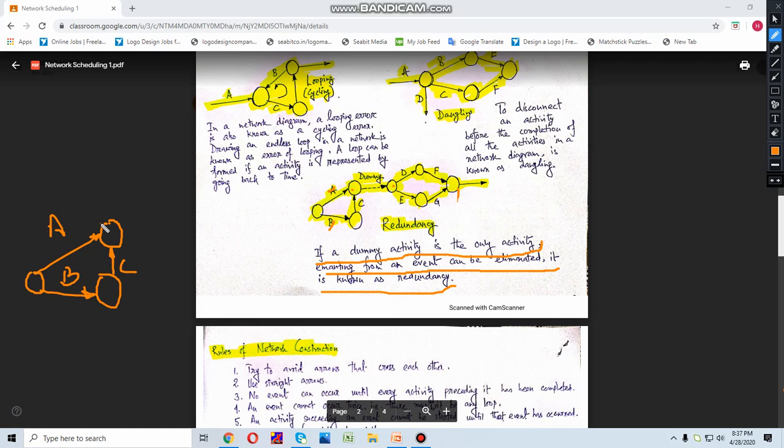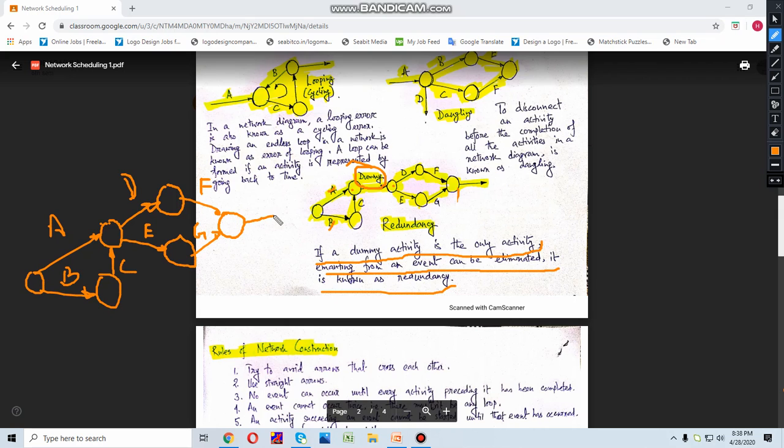Now you can easily remove this error if you start the activities D and E from here. That means you can easily reconstruct the network by removing this dummy. So this type of error is called redundancy error. This is not allowed while forming a